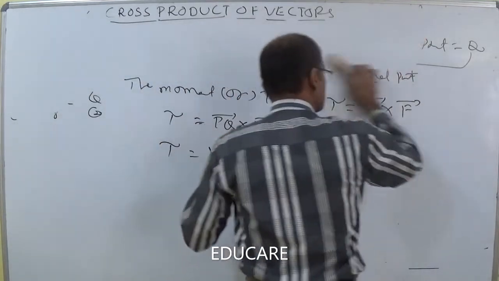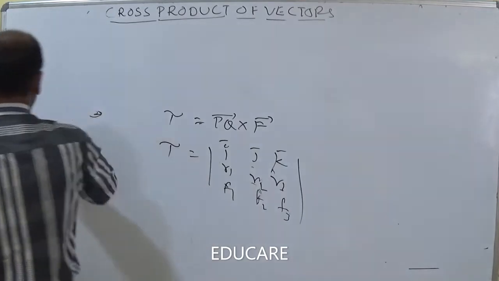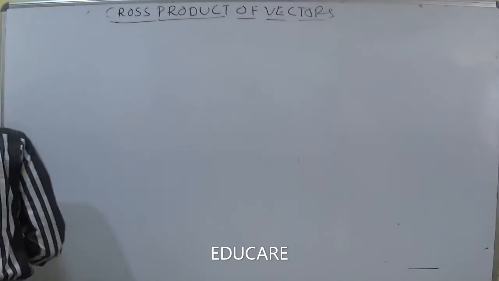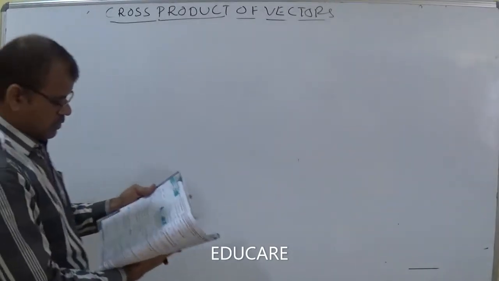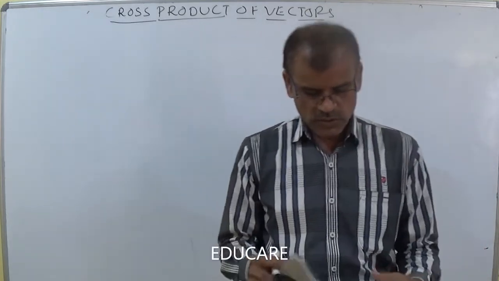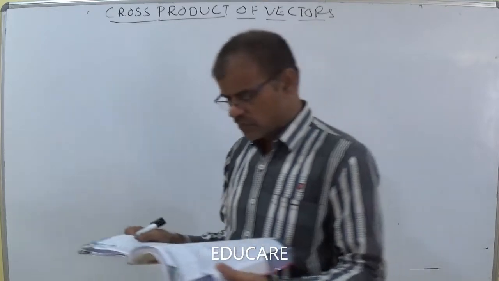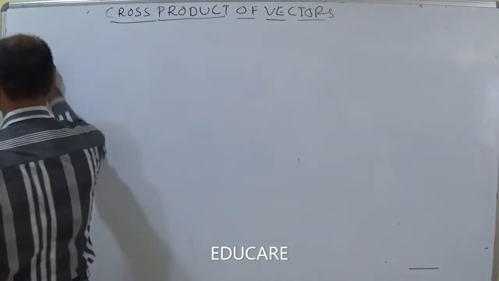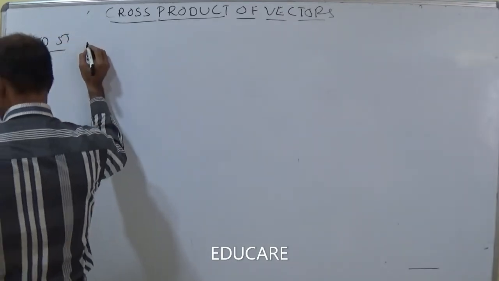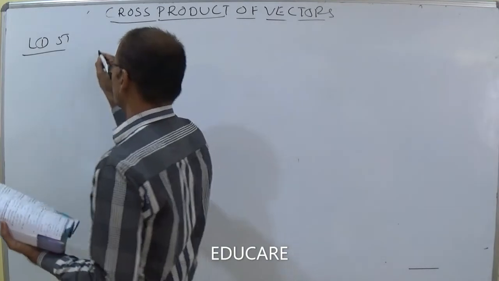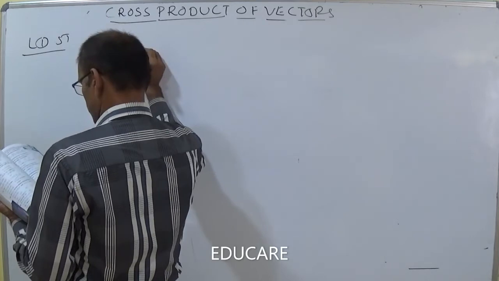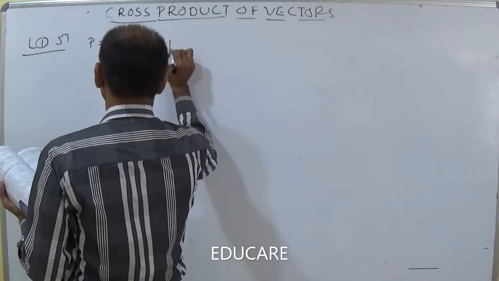Using this tau concept, let us discuss an example. Some concept question, let us discuss. What are the data given? Question 51 in level 1. Let us discuss an example. Level 1, question 51. The torque about the point, given as the first point P, is 3i minus j plus 3k.